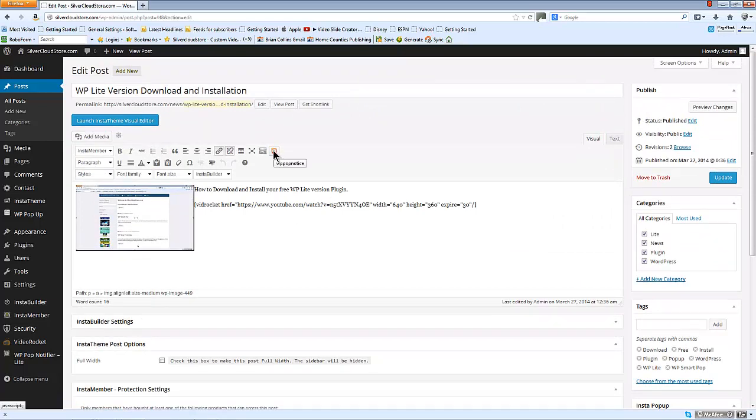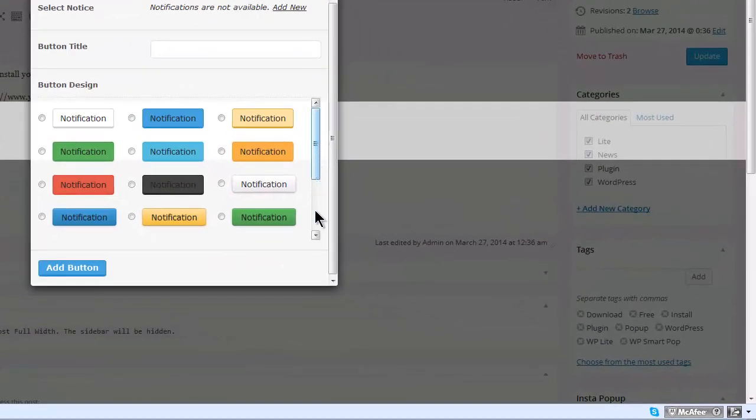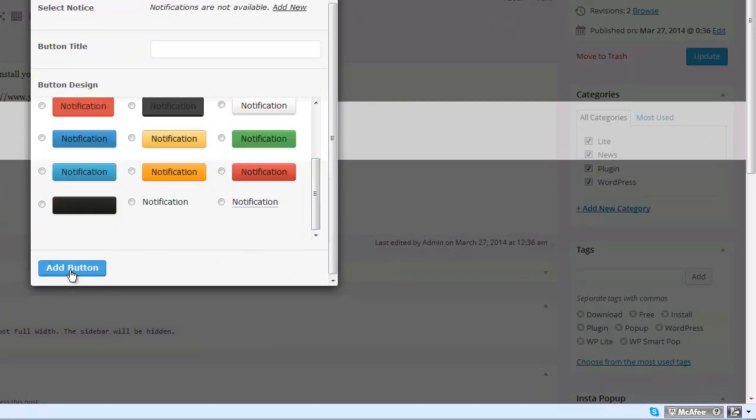There's also a new icon for WP Pop Notification, and you can give your button a title, design, from several available, and then add the button wherever you want in your post or page. We'll go through in more depth what each of these do